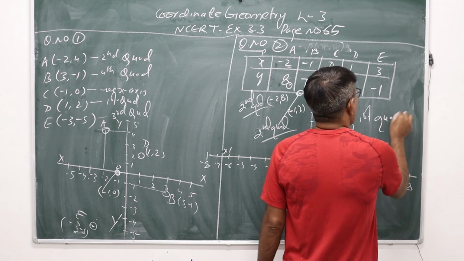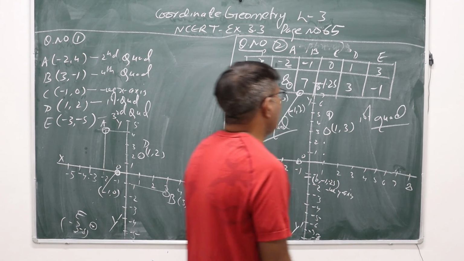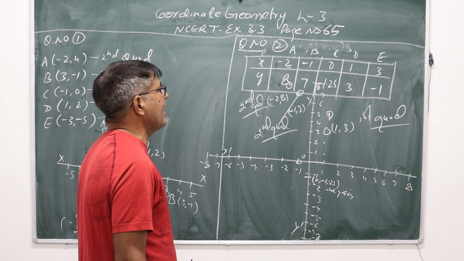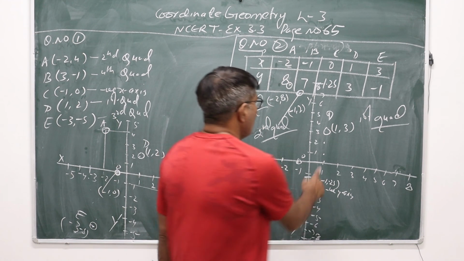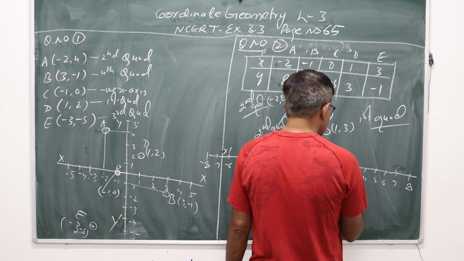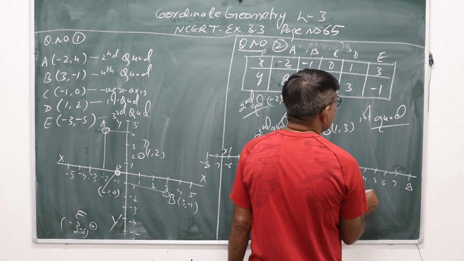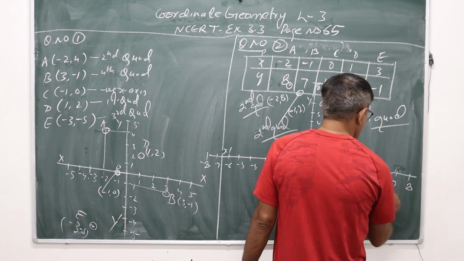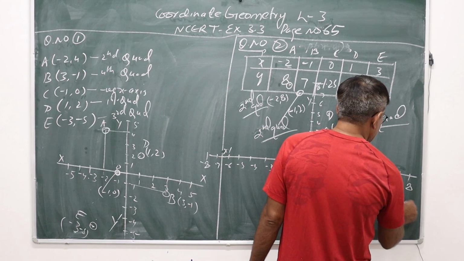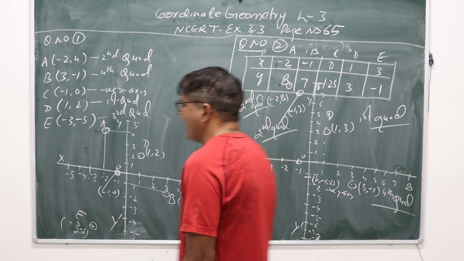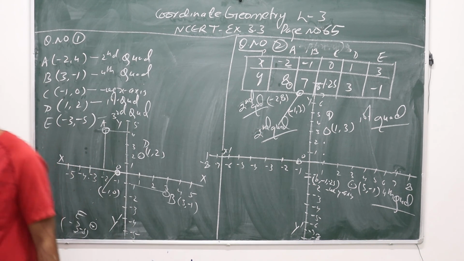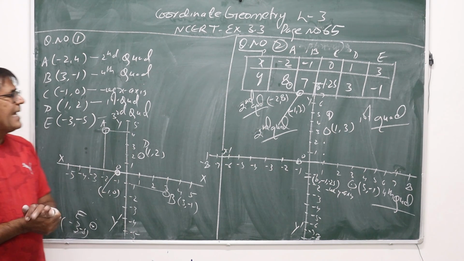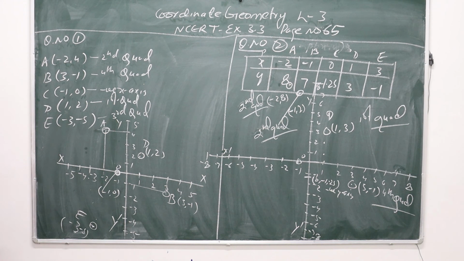First quadrant. Then next point E is x is 3 and y is negative. X is 3, 1, 2, 3. Y is negative, -1. So this is (3, -1). (3, -1) is the fourth quadrant. So in this way we can locate the point and we can plot on the graph paper. So hope you like this question. Please pause the video and note down.